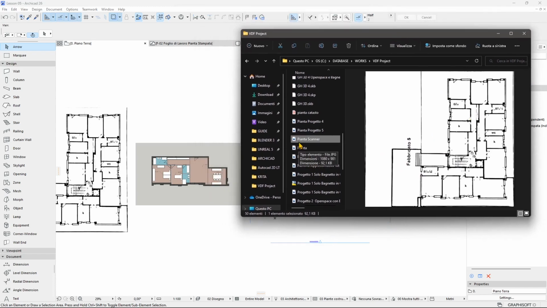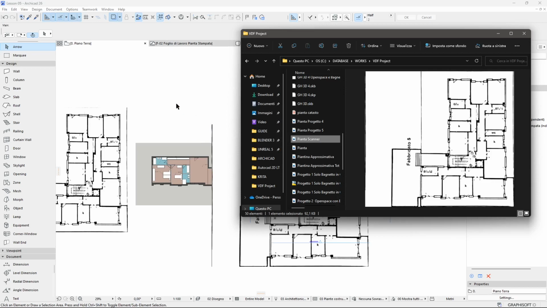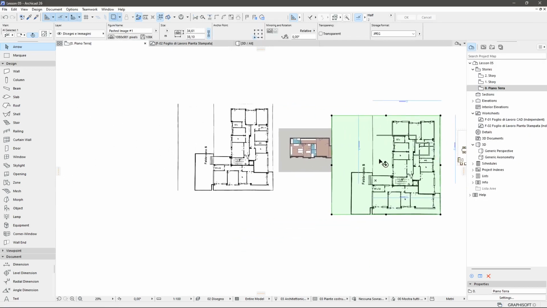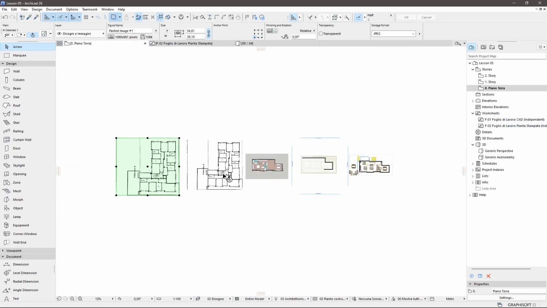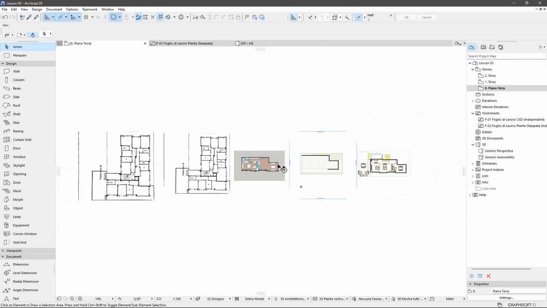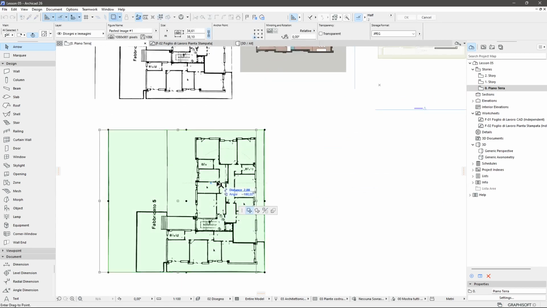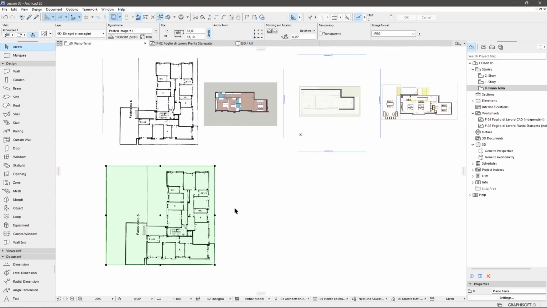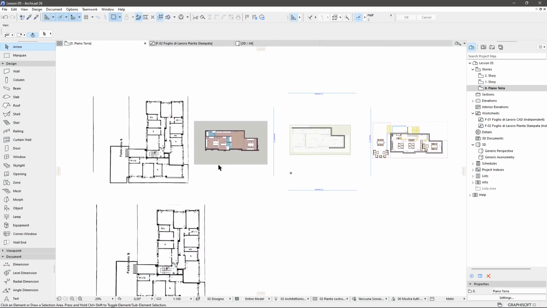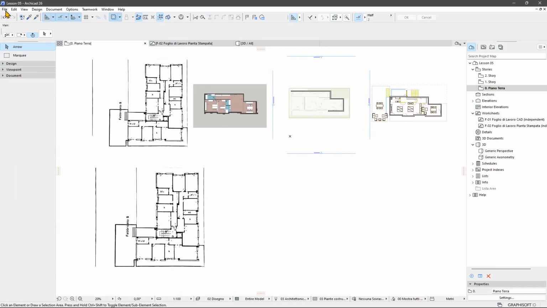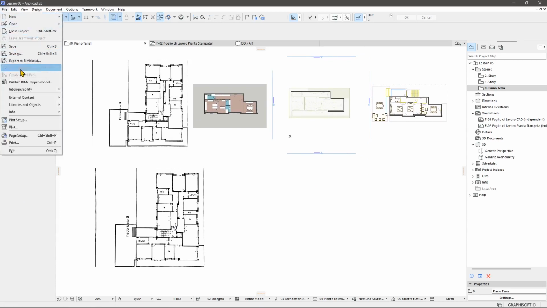So the first way you can insert references like images in ARCHICAD is just to click, drag, and drop, just as we did with the AutoCAD file in the previous lesson. So I'm going to click and drag, drop it, and that's it. So this is going to be my image. But you can see that these others are already in the correct size, but this one here looks a little bit bigger. So you need to rescale it, you need to resize it correctly. I'm going to show you how to do that. But let's see also another way you can insert images. So if you go into File, you can go into External